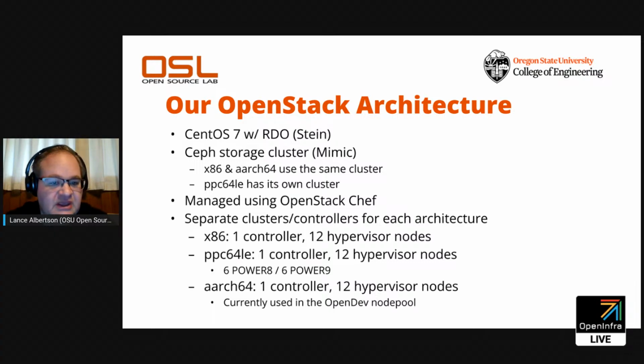But as it stands now, we have half running Power 8 and half running on Power 9. We're using host aggregate groups to separate control between those two, and then we just have a flavor that's either P9 or P8. So when people ask for, hey, I want P9, we just say, go on the P9 flavor, and it'll get deployed on there. We also have two dedicated nodes that have local NVMe storage. We have some projects that really needed more high performance IO, and so we have two dedicated systems for that that aren't connected to the Ceph backend. And so that was interesting, figuring all that out.